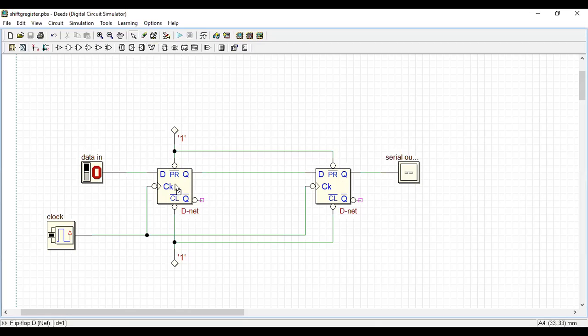So for the same 2-bit shift register, which is this: SISO, SIPO, PIPO or PISO? Which configuration of shift register is this?